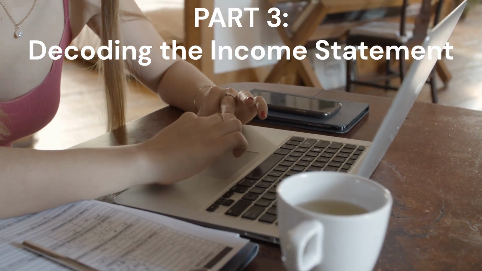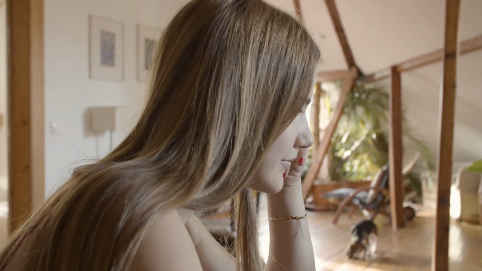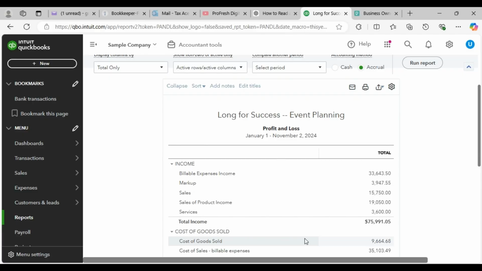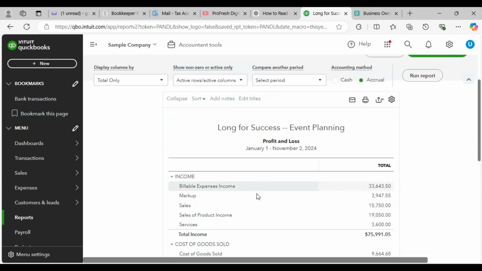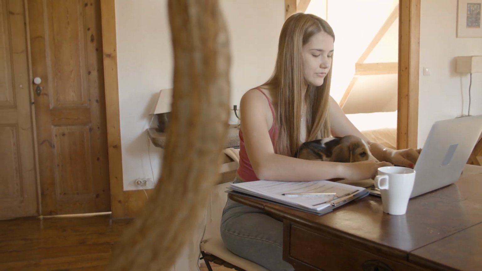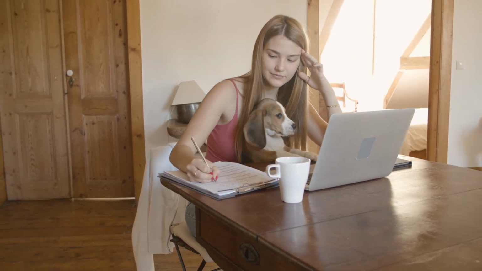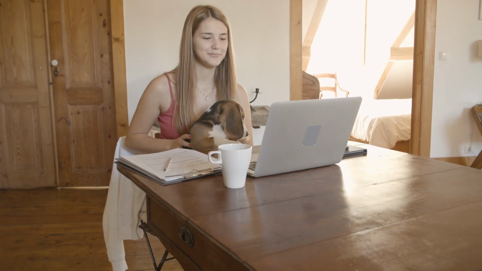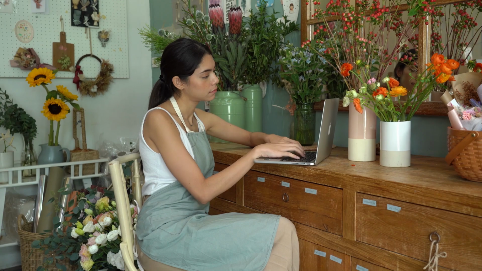Next up, the income statement. This is all about the company's performance over a period, like a month, quarter, or year. It starts with revenue or sales, how much money came in. Then we subtract cost of goods sold, COGS, which gives us gross profit. After that, we list operating expenses like salaries, rent, and utilities. Finally, we end up with net income, or profit, which tells us if the business made or lost money. This statement is key for understanding profitability, and it's where you can see if the business is efficiently managing its